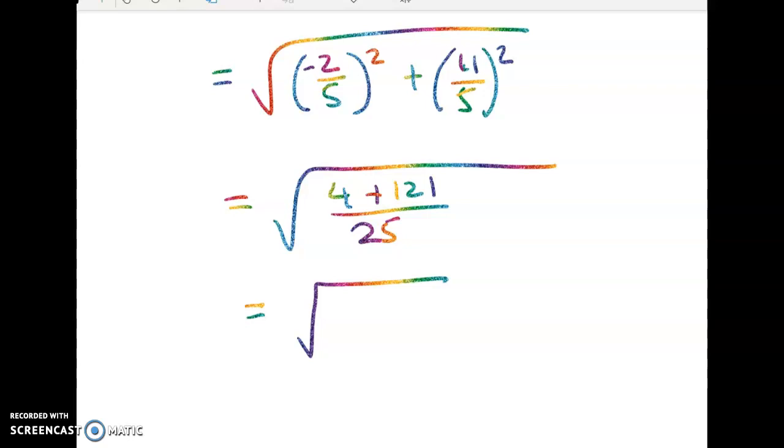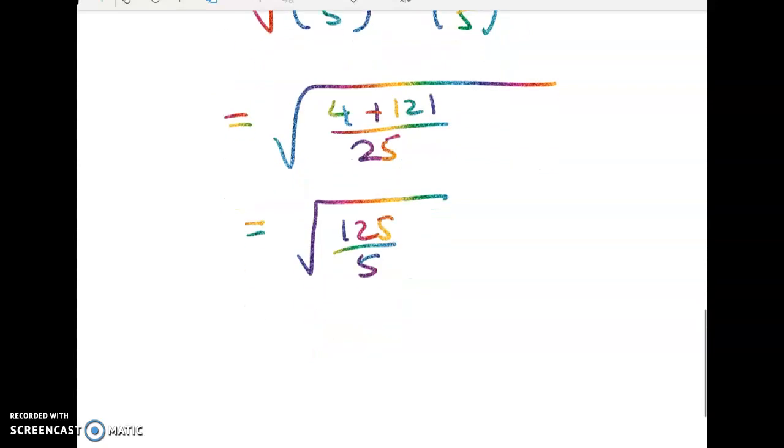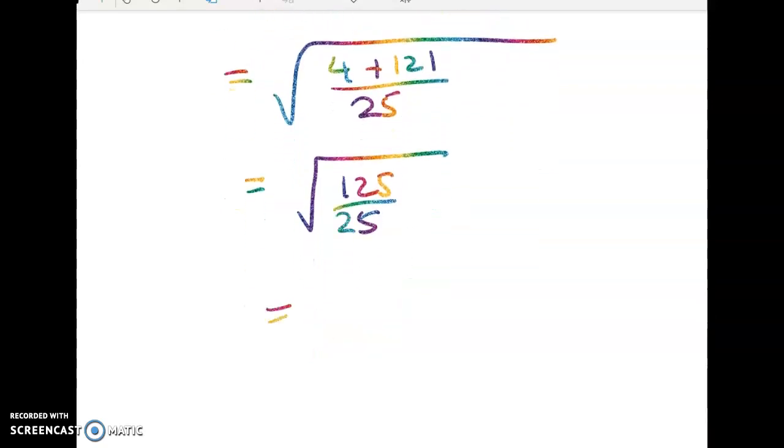something's gone funny in here. Let's see. 125 over 25. What have I done wrong? Oh, nope, that's fine. The square root of 5. Okay, so the complex number locus problem reduces to this. I've got the distance between z and my point u